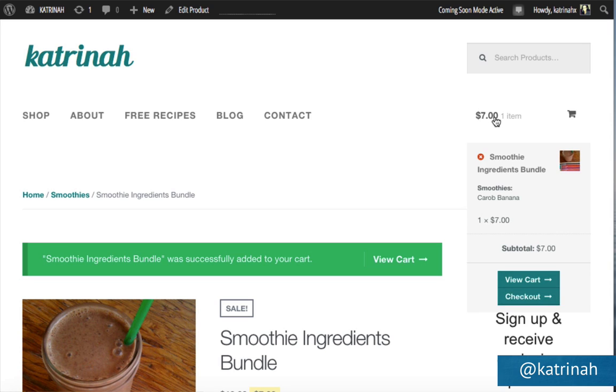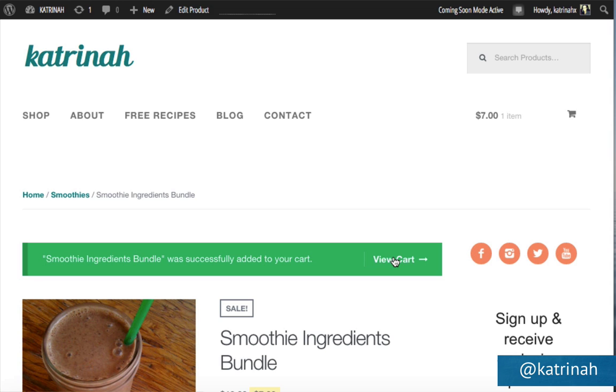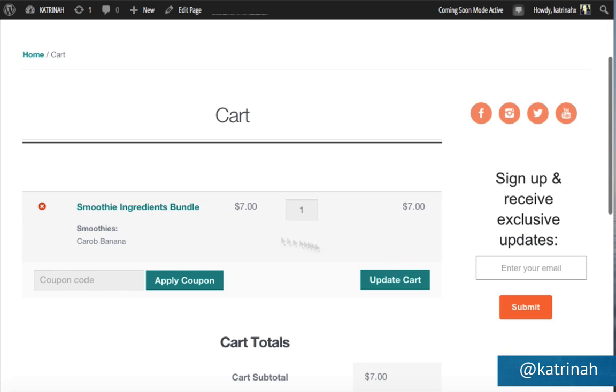You can see when I hover over this, you have a really cool drop-down box with a thumbnail image that also gives me a way to view the cart or go directly to checkout. So I'm going to click on this link that says View Cart to go to the cart page. On the cart page, you'll have your title, description, price, quantity, and then the final price right here. If you have a coupon, you can add that in right here.